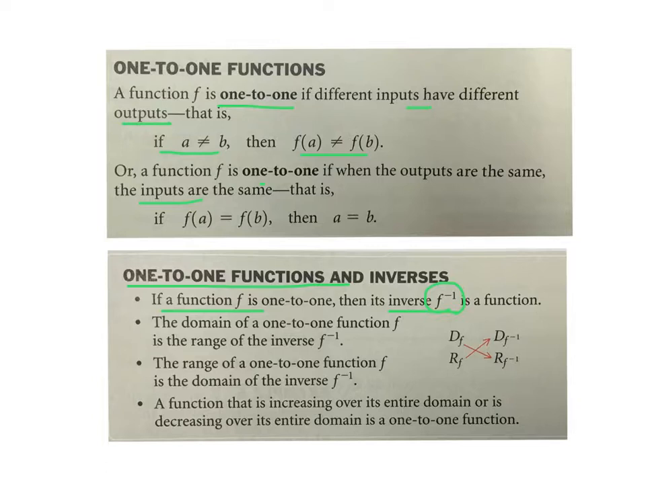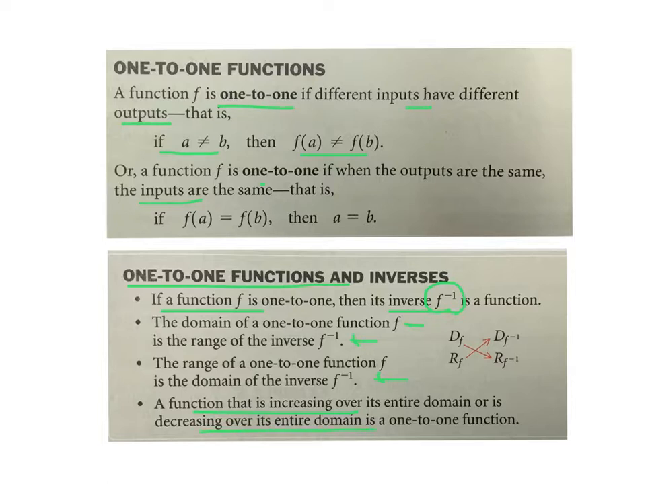The domain of a one-to-one function f is the range of the inverse of f. If it's one-to-one, your domain and range just switch. Your x's become your y's and your y's become your x's. A function that's increasing over its entire domain, or decreasing over its entire domain, is a one-to-one function, meaning